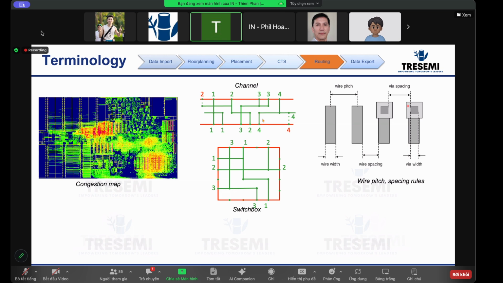Imagine you divided the die into those squares. And then global routing assigns, based on the pin, the location of the pin and how the pins are located,